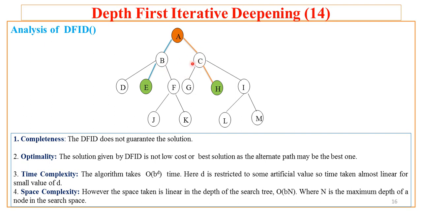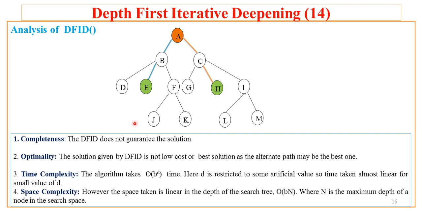So with the stepwise execution of depth first iterative deepening search, what did we understand? I mean to say, if we have to analyze DFID, what will be its behavior? DFID is a repetitive DBDFS. At limit 0, it accesses the level 0 element of the tree. At limit 1, it accesses level 0 and level 1 elements of the tree, so it will access A, B and C. At limit 2, it will access level 0, level 1 and level 2 nodes of the tree.